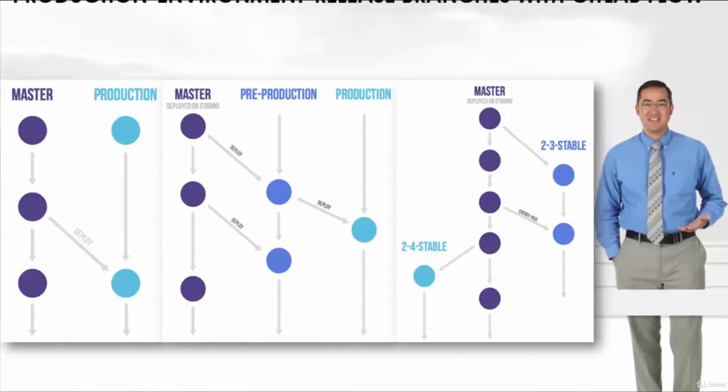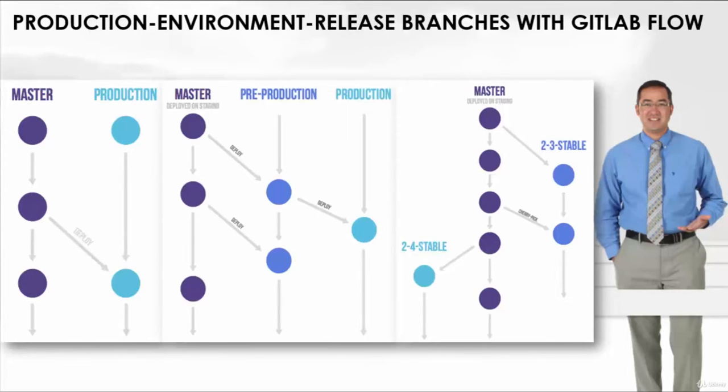The three approaches here are production branches on the left, environment branches in the middle, and then release branches with GitLab flow. Starting from the first, production on the left side of the screen, you notice there's a master branch and a production branch, so code is being deployed from master to production. Within the environment area, you'll have master, pre-production, and production. So you can have several branches, QA, pre-production, post-production, and so on. Similarly, everything is deployed from master to staging, then to pre-production, and then to production. And then with the release branch,